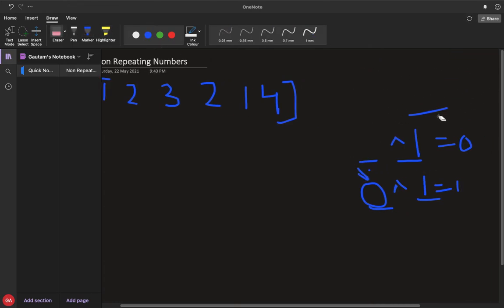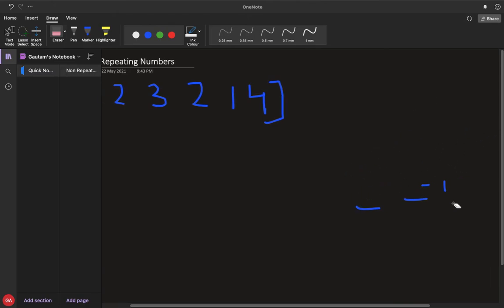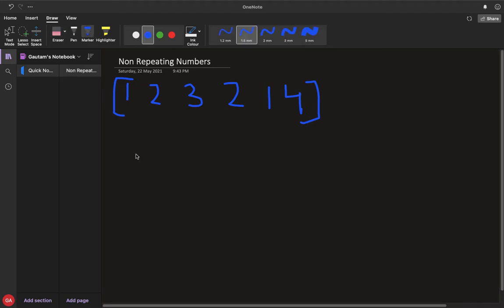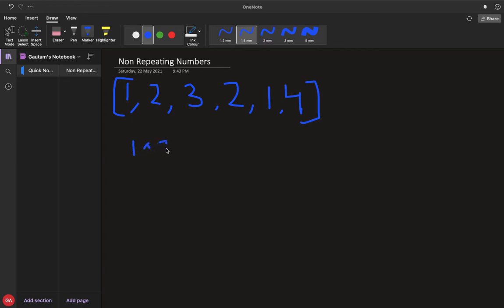So we could use this XOR operator for this question. How will we do it? First of all, we will XOR the whole array. Means we'll XOR all the elements of this array: 1 XOR 2 XOR 3 XOR 2 XOR 1 XOR 4.